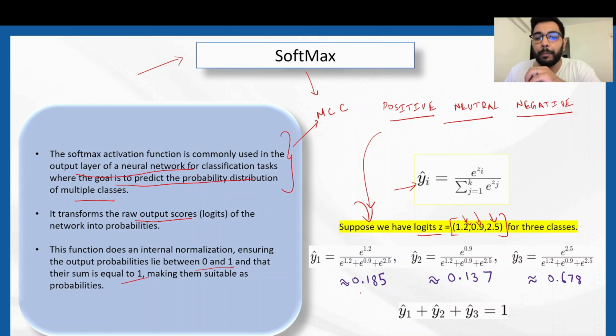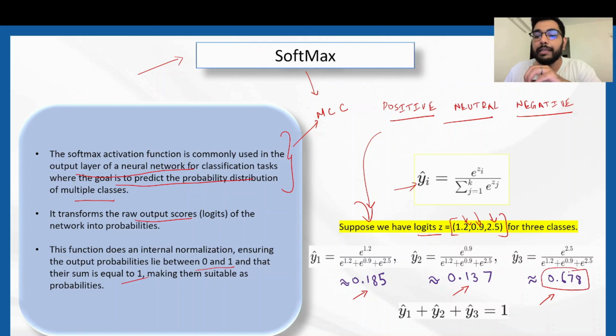We get the probability for the positive class as 0.185, the neutral class as 0.137, and the negative class as 0.678, which means that the comment that we were to classify using the sentiment analyzer is a negative comment because